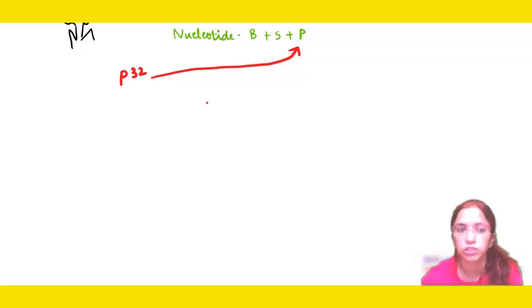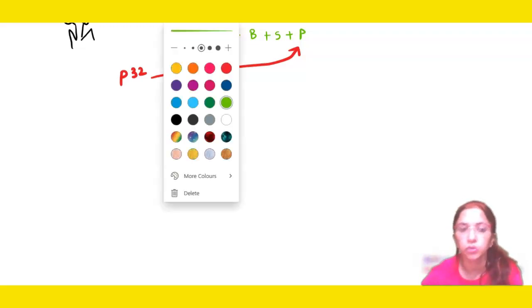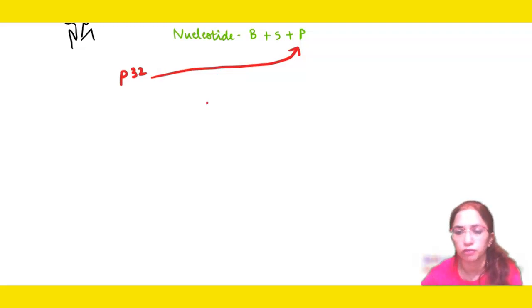So what Hershey and Chase did, they took different types of bacteriophages T2, and first they made the outer layer radioactive. Just to show the radioactive nature, I am drawing it with green, and in this